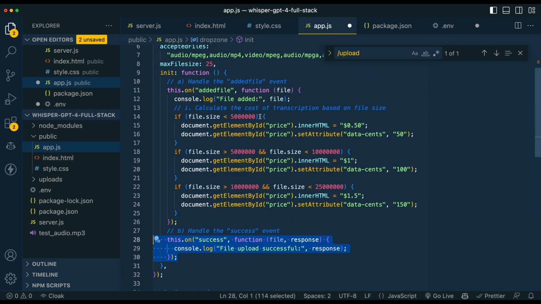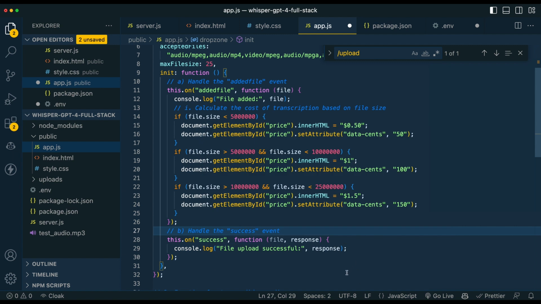Then, and you could get a lot more creative with this. You can make it much more dynamic. Like if you want to have a calculation that's based wholly on the file size and get really creative, like if you want to charge 68 cents for a file, you'll be able to implement your own function here to accomplish the same sort of result if you like. So from there, we're going to handle the success event,